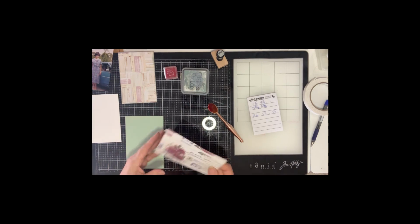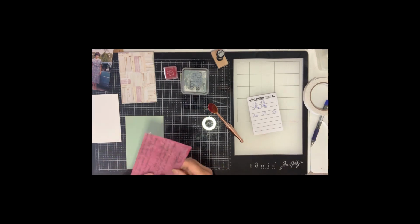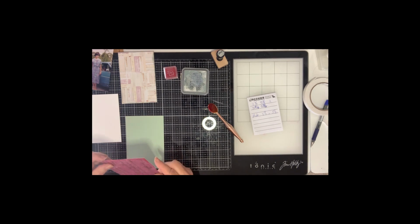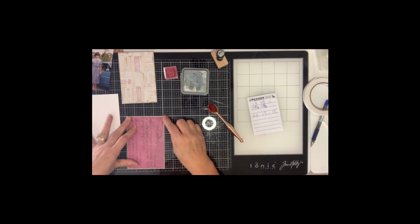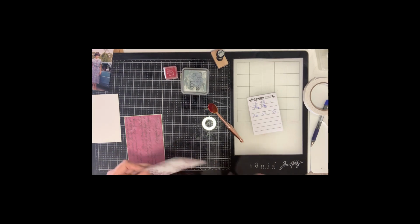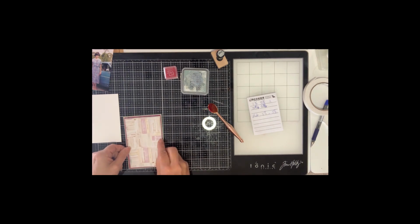So this is my 6x4. I will attach my burgundy card, which is 3 7/8 by 5 7/8, so that you just get a border that is just a smidgen under, so that you've got just a tiny little green border. And then my next card is 3 3/4 by 5 3/4, and once again that will just give you that little 1/8 of an inch border